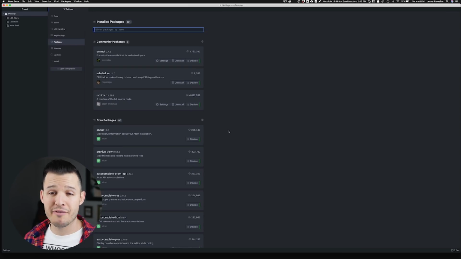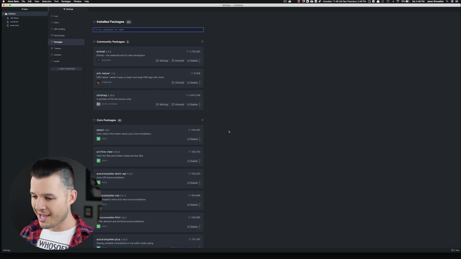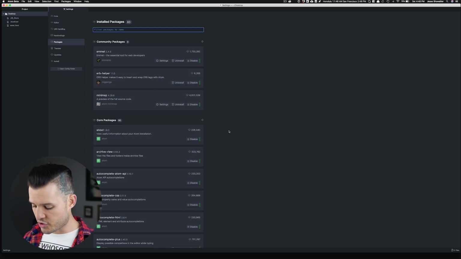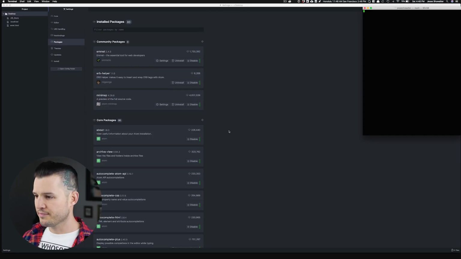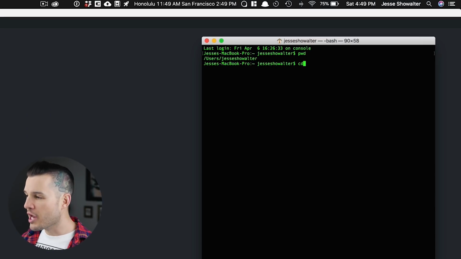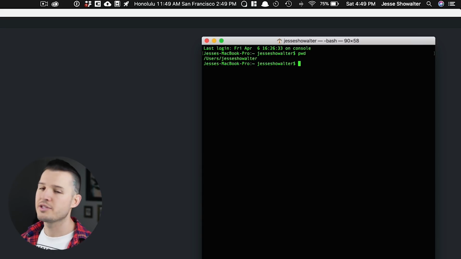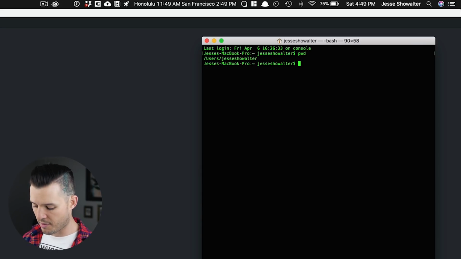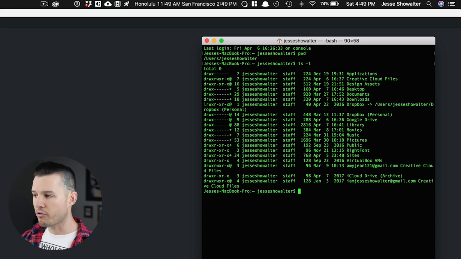The next tool you need to have installed on your computer or have running on your machine is the command line, the terminal. On an Apple, you can just open up terminal. You want to know how to change directories. You want to know how to make directories. You want to know how to type in ls and see it in long format so we can see everything in the current directory we're at. I think that's really important.